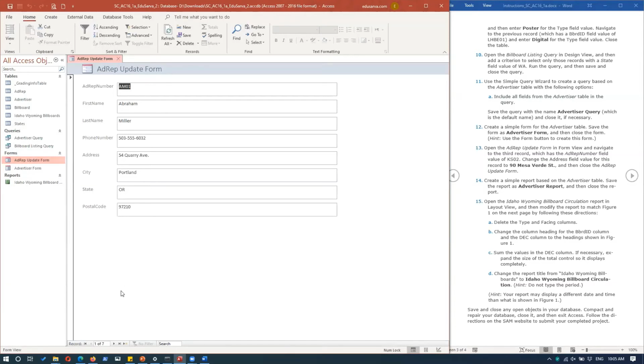To navigate to the third record, you can use this navigation bar right at the bottom. I'm going to click 1, twice. Yeah, that's already the third record there. And I'm going to change the address as given in the instruction. The instruction says the address number is correct. It's KS02. We're going to change the address